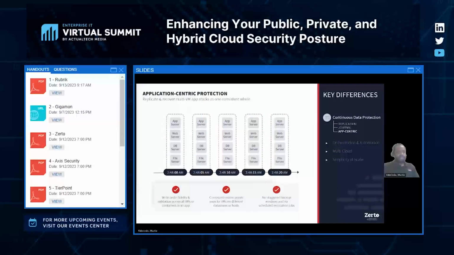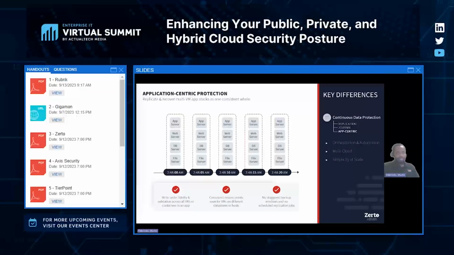Now, another key component of how we're able to achieve these low RPOs and RTOs is the way that we treat the applications themselves. Traditional data protection treats these workloads, these applications, as disparate systems that don't talk to the internet, but we know that isn't the case.